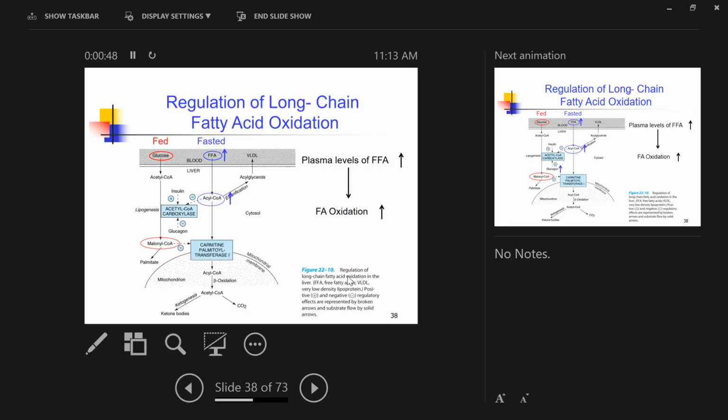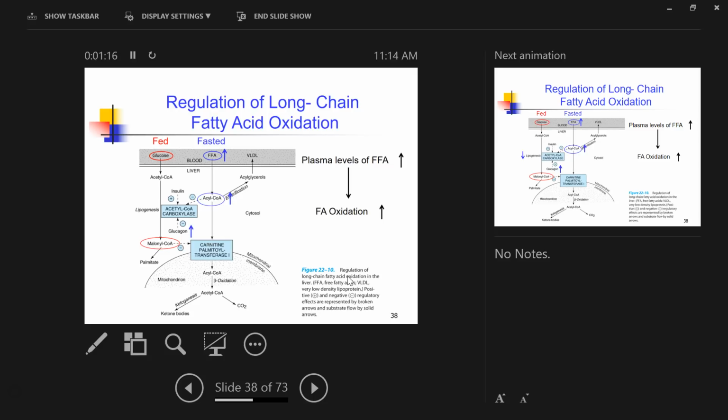So lipolysis increases, and we have more fatty acids released from fat tissue. Once we have a higher fatty acid level in the circulation, fatty acids can be activated to acyl-CoA. So acyl-CoA levels also increase, which will regulate ACC, basically inhibiting ACC